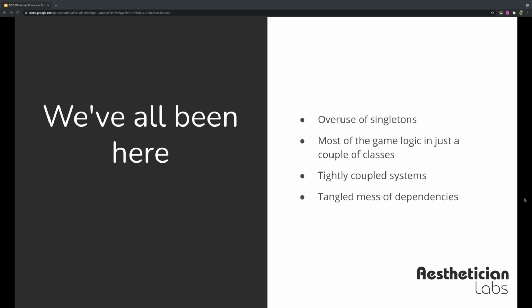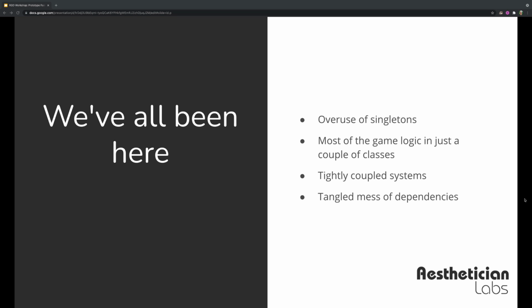Often in projects you'll see an overuse of singletons. It's kind of a when all you have is a hammer, everything is a nail type of problem, right? Singletons are really powerful, but especially in game development you think, okay, we'll only ever have one player, so let's just make the player a singleton. Okay, there's only ever going to be one game manager, so clearly game manager needs to be a singleton. And maybe in some cases that decision is right, but you can quickly see how that stacks. Okay, there's only ever going to be one ball in our Pong game, so the ball will just be a singleton. Well, suddenly you have two, and things get really messy.